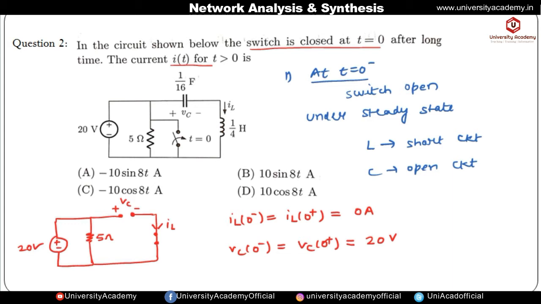So here the value of the voltage source is 20 volt. So the Laplace transform of 20 volt will be equal to 20 by S. Okay, and in the S domain the resistor will remain as it is. It means there is no change in resistance, the change comes in the inductor and capacitor. Okay, so inductor in the S domain is represented by S into L. Then it will be connected in series with a voltage source, and we know how to calculate the value of that voltage source. Okay, similarly capacitor in the S domain is represented by 1 by C into S.